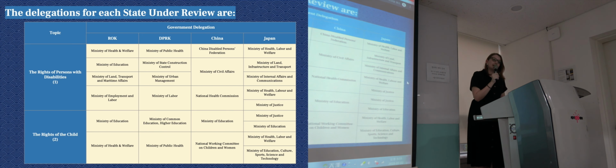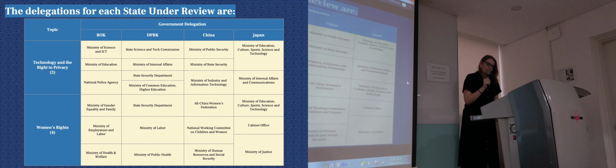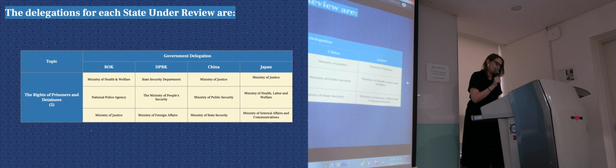So each team addressing a certain thematic issue will answer from the standpoint of one of several delegations. For instance, in the case of South Korea, if the team was looking at the rights of persons with disability, they can look at this through the Ministry of Health and Welfare, the Ministry of Education, the Ministry of Land, Transport and Maritime Affairs, or the Ministry of Employment and Labour. North Korea has its own respective ministries to look at, and it's the same for China and Japan too. You can see throughout these tables that this is the same for each of the thematic issues. Okay, we've all got a copy of this, so you can check it out later.